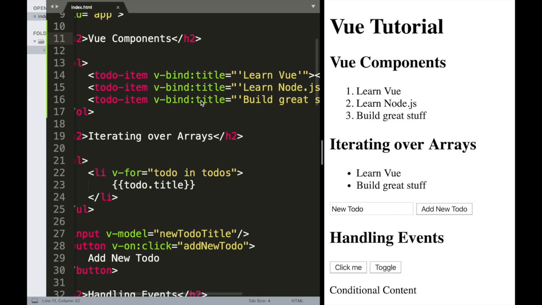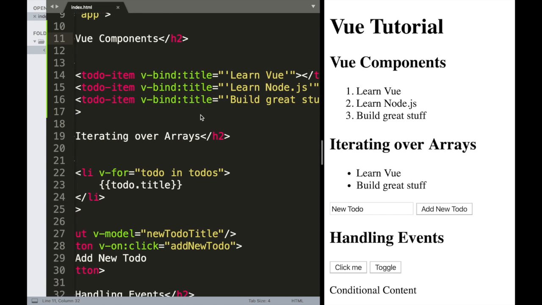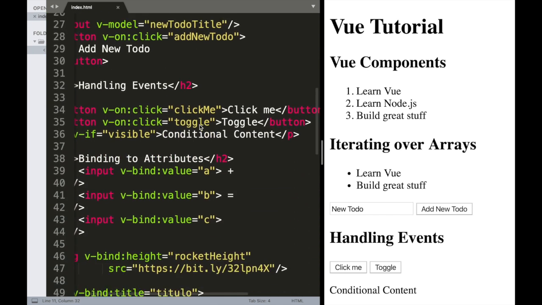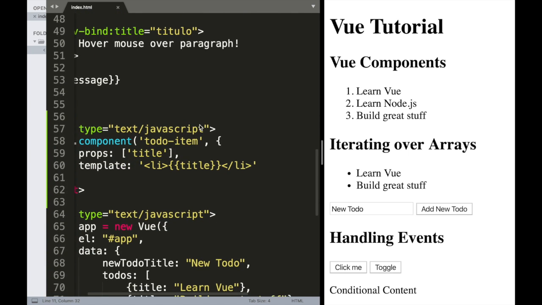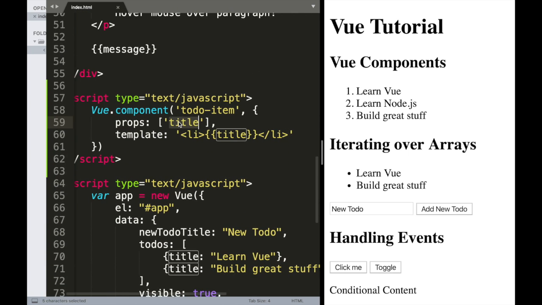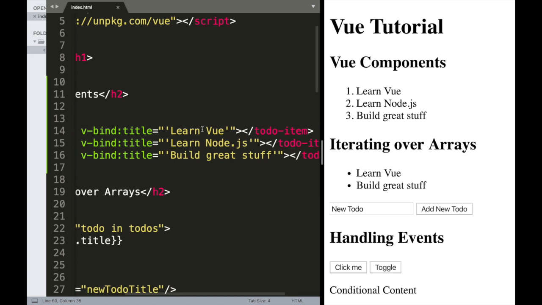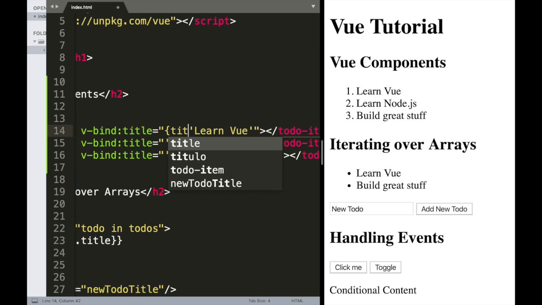All right, so let's make this a little more interesting. Instead of passing a literal string title, ideally this might be an object that we can pass in. So presumably this could be an object, and we'll call it maybe a to-do object. And one of the attributes of that to-do object might be the title of that to-do. So we're going to access the attribute of that to-do object using the dot notation. What we would be passing here is not just a literal string, but a JSON object that contains an attribute called title